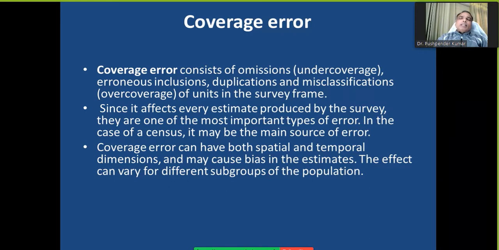So here coverage error can be like this: whenever you go for collecting data, especially in the case of survey and census, who comes out and gives you information? Generally a male member, right, in some areas. They may not give information about a female member, so that would be a coverage error, an under coverage, because they are not allowing the female partner to give you the information.